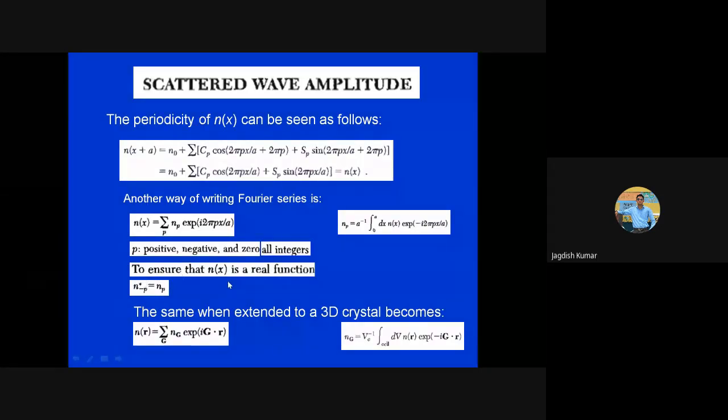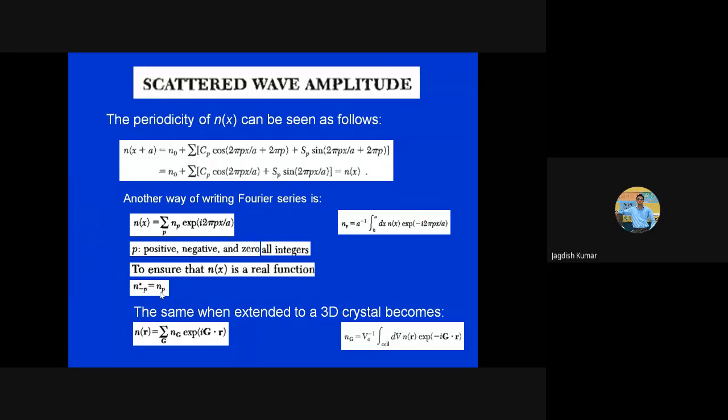The electron density must be a real function, because it is a physically measurable quantity, so it cannot be a complex number. It has to be a real quantity. Therefore, for this to be satisfied, these Fourier coefficients have to satisfy a certain constraint, and that constraint comes out to be very simple: if you take the complex conjugate of the Fourier coefficient corresponding to minus p, it should be equal to the Fourier coefficient at p. That means n star of minus p should be n of p. This is also a straightforward